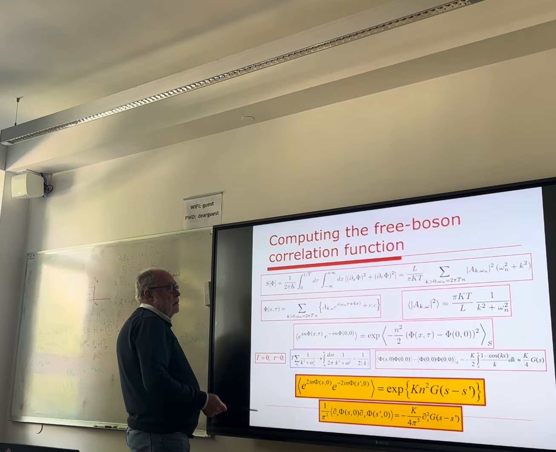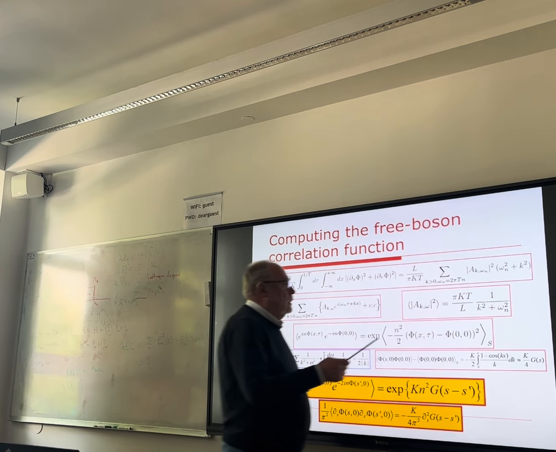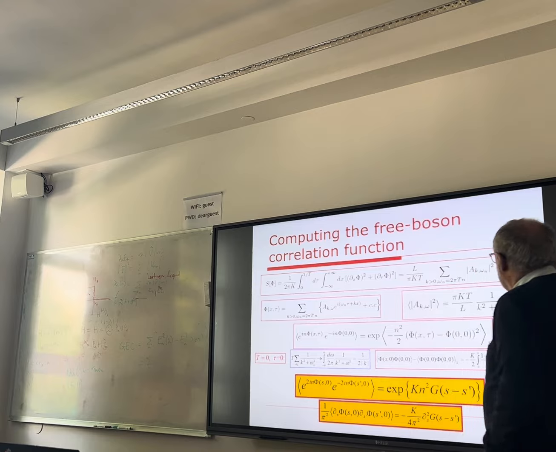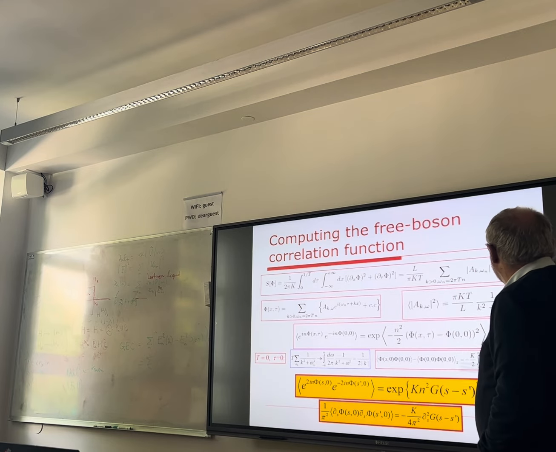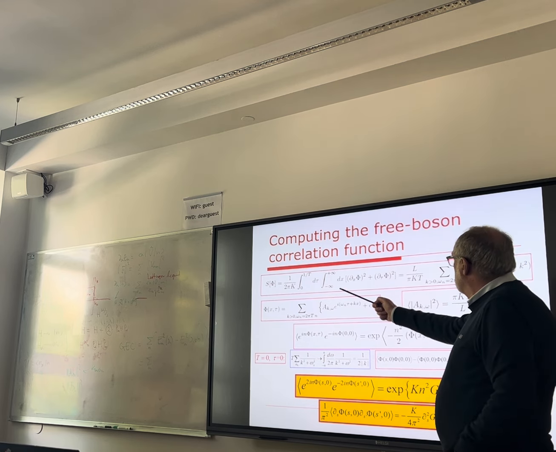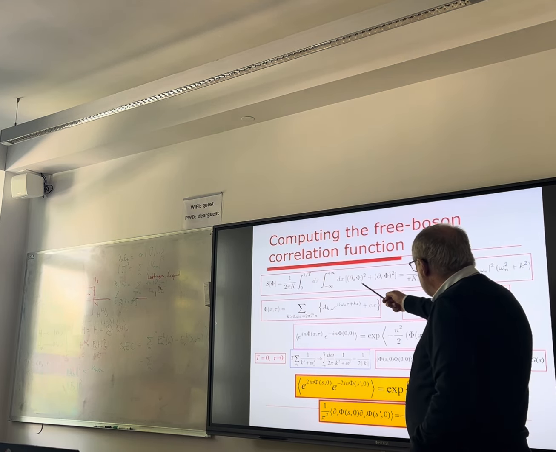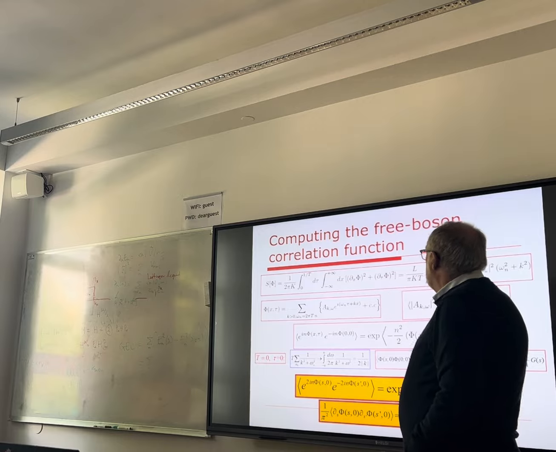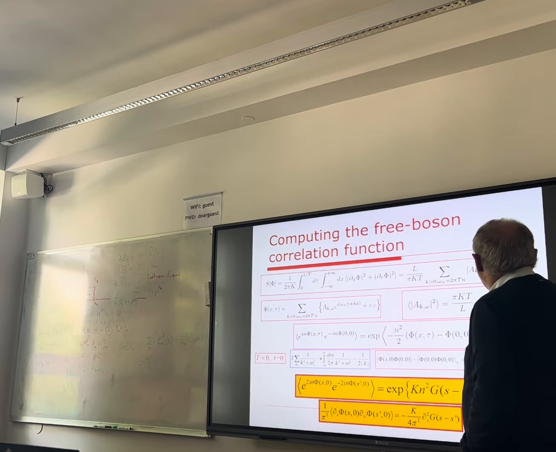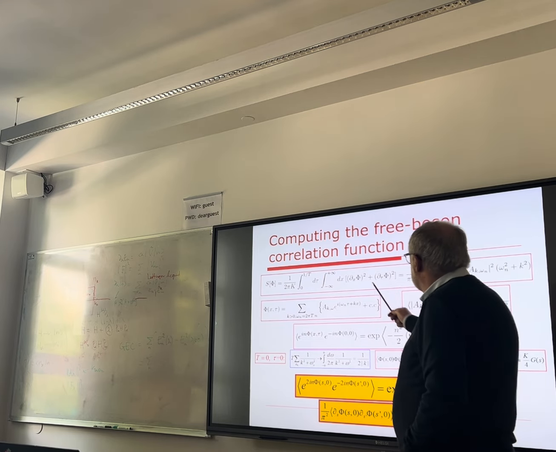First of all, as usual, I did a Fourier transform, a real Fourier transform with respect to space, with respect to x, and a discrete Fourier transform with respect to